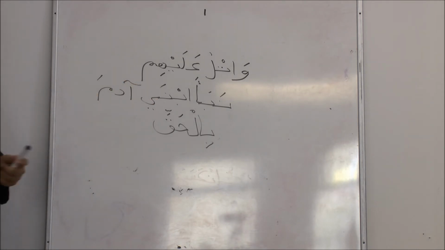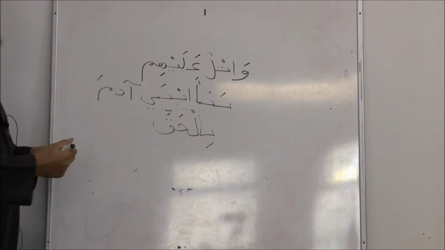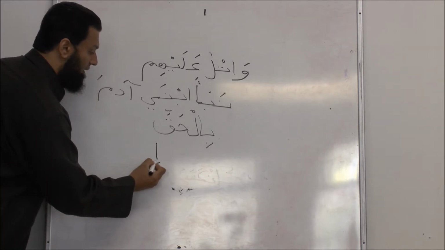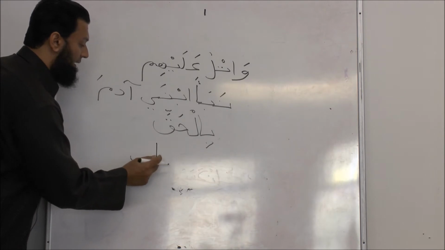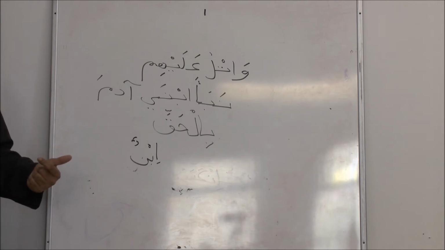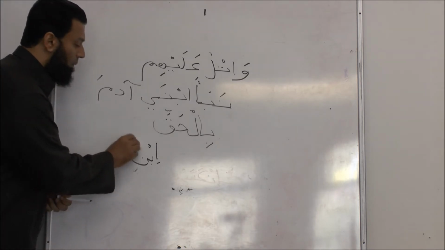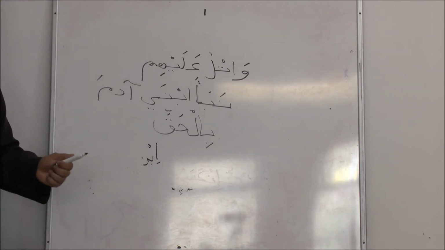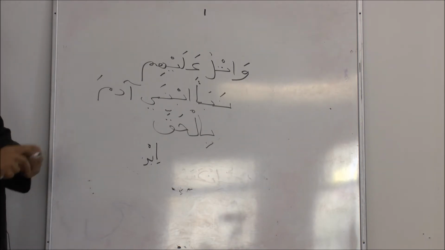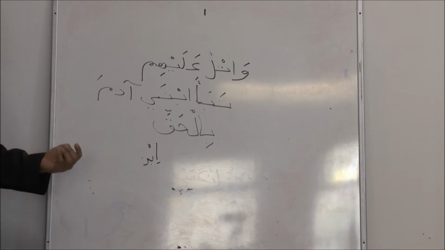So why is ibnay in this form? First of all, we know it means two sons. So what's a single son? One son is? Ibn. It's ibnun. Ibnun is a son. But this means two sons. So how do we say two sons, Shabazz? Ibnani. Remember when I ask you how do we say two,